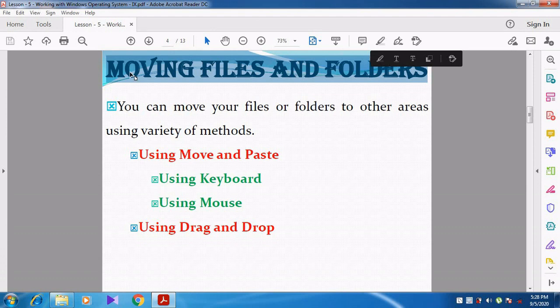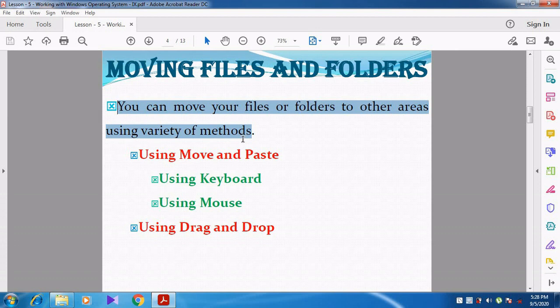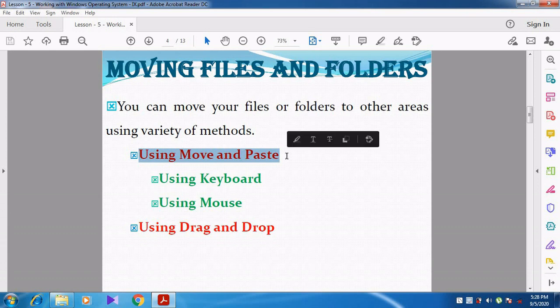You can move your files and folders to other areas using a variety of methods. So what are the different methods? First, using move and paste, which is just like cut and paste.